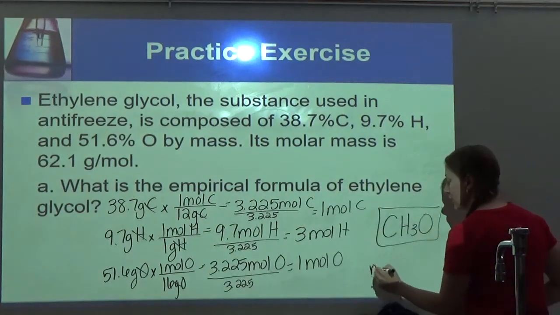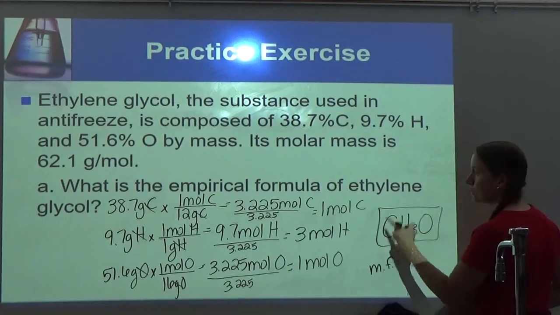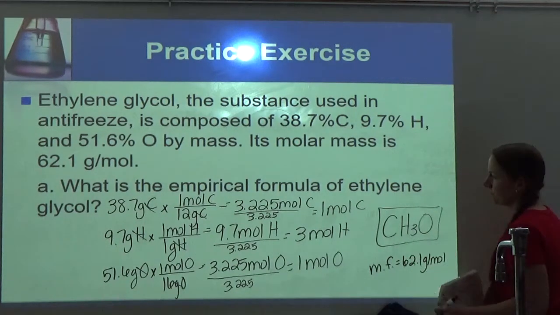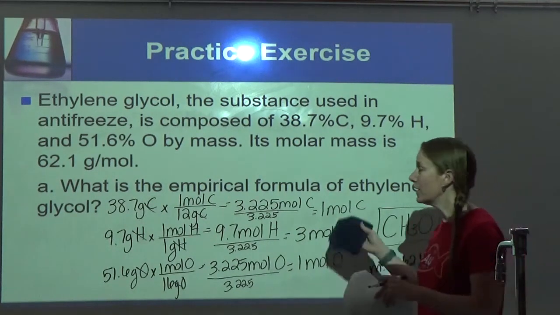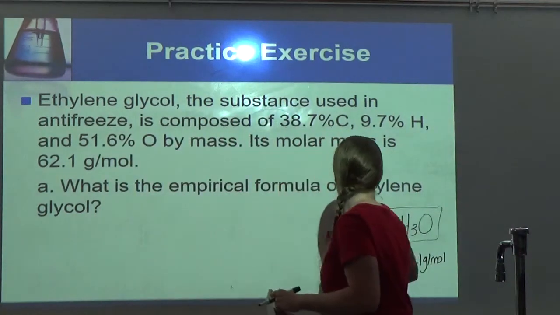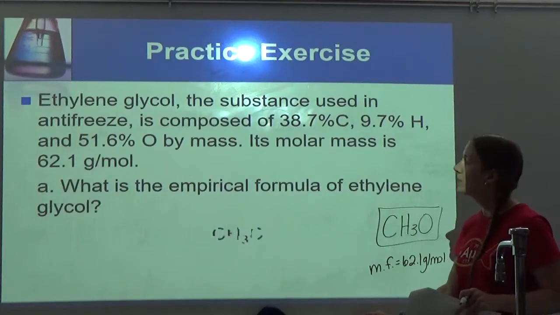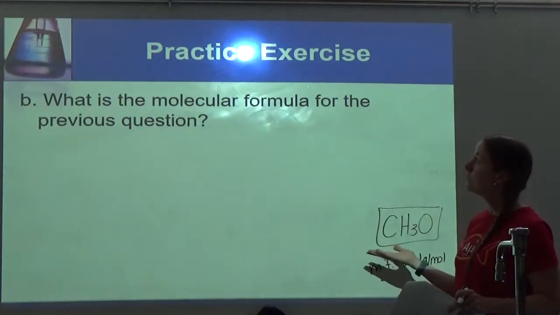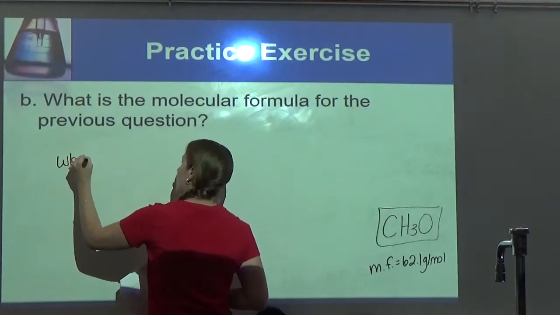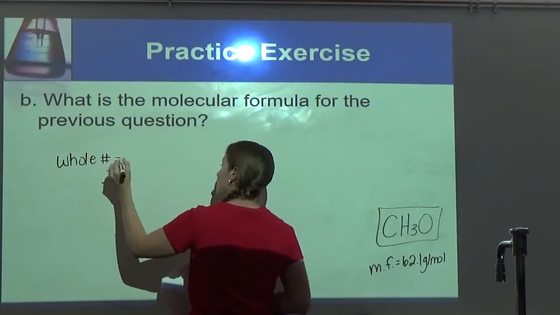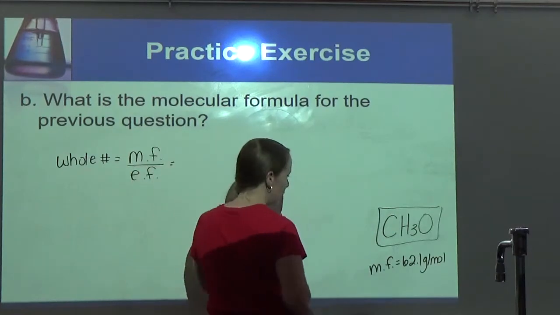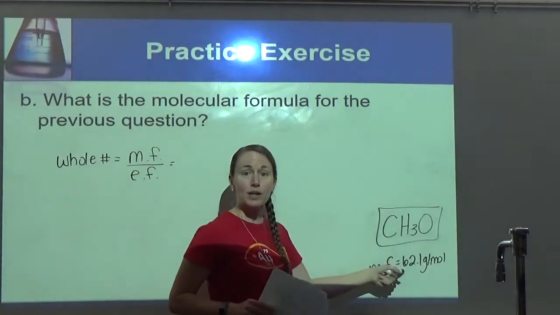Okay, so the molecular formula, I'm going to go ahead and write it on the board so I don't have to click back, is 62.1 grams per mole. Alright, so let's go ahead and move on because this one was empirical and molecular formula. So part B says, what's the molecular formula for the previous question? So remember, I know my whole number multiplier is the mass of my molecular formula over the mass of my empirical formula. Well, they told me the molecular formula on the previous slide is